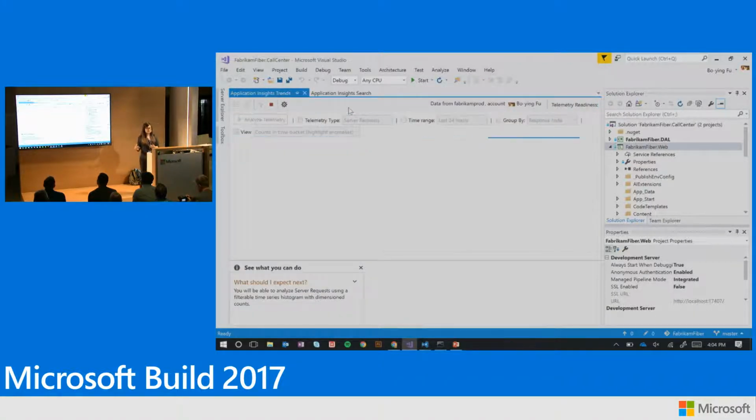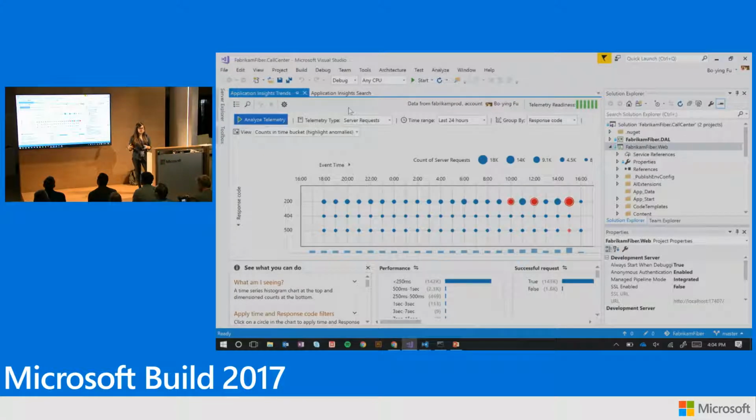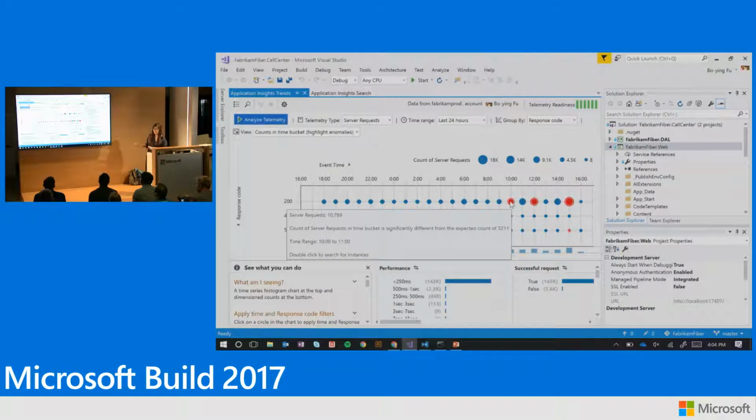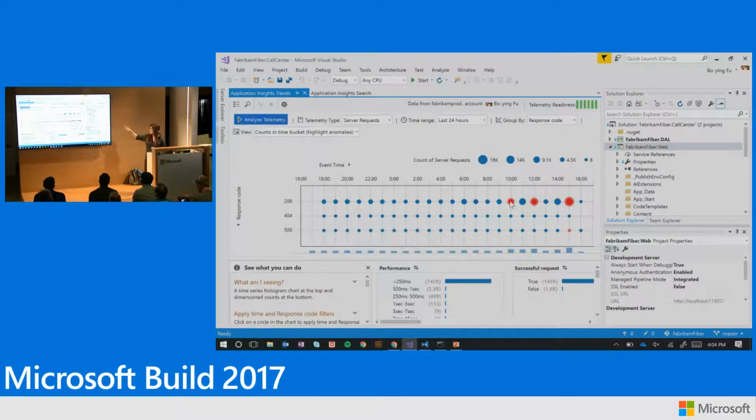This is a visual representation of anything we detect that might seem like an anomaly. As you can see, if I hover over this, the server request is about 5K right here. This one's about 4K. This one is about 5K again, and this one is 10K. And we sense something is wrong here, and we make it red and bigger to make sure that maybe this